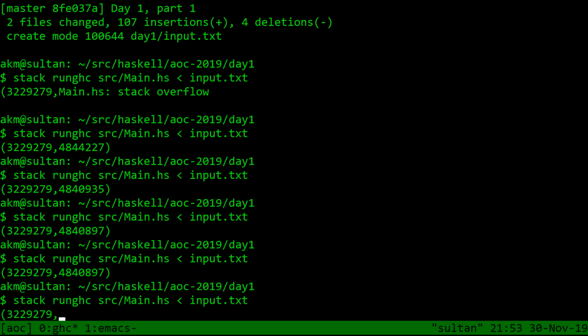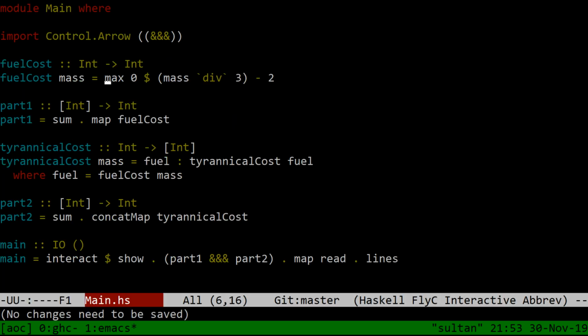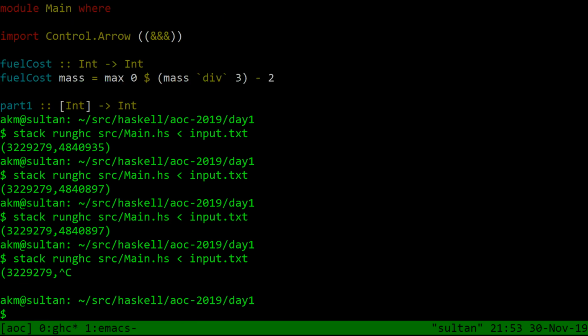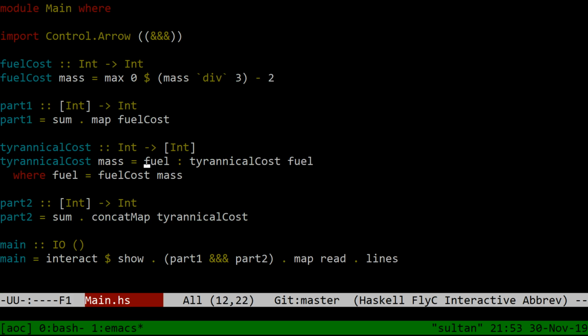Nope, looks like I have an infinite loop. Okay, good to know. Yeah, that's true, I sure do. Okay, at least it's easy to see. Still not the right answer. Okay, so